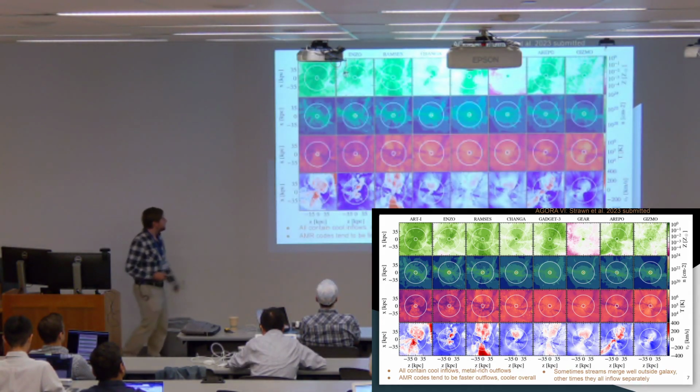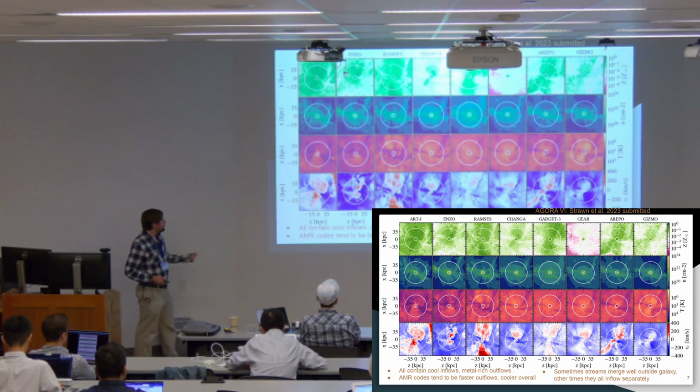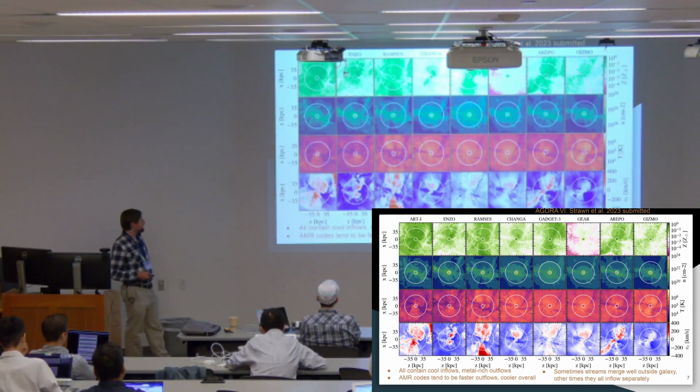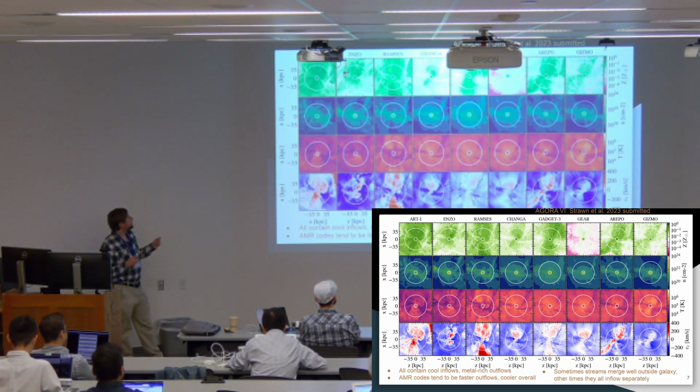So here's one of the pictures that shows kind of how these are different from each other. This is metallicity, density, temperature, and radial velocity. So these are an edge-on view of these codes. One interesting thing that you can see, and Joel was kind of alluding to this, is that there's a difference between how much metals are getting kicked out. So you can see in each of these codes these cool inflows, especially in the temperature plot. So they're cool, they're coming in from the left, from the right, and from kind of the top right. So there's 3 streams, so sometimes it looks like they merge, so they kind of come into the galaxy as 2. And you can see also that there is this really strong biconical outflow structure.